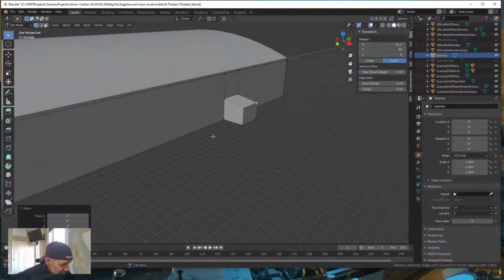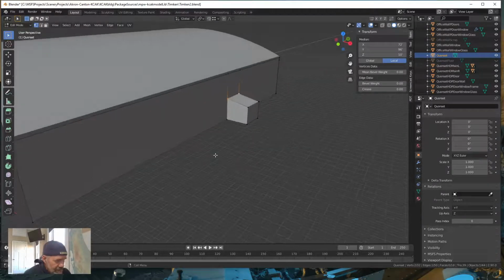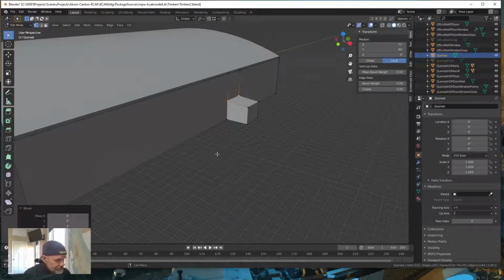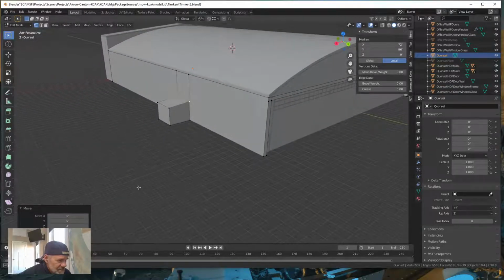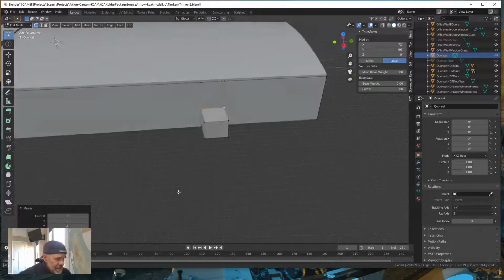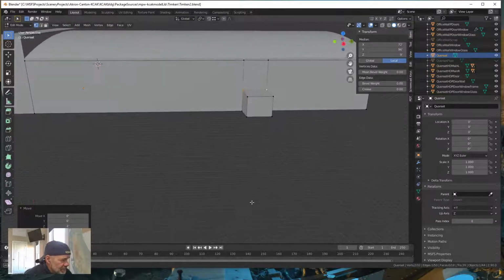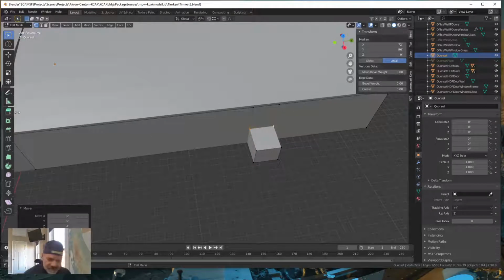So let's minimize that, and let's select these two vertices, okay, and GZ minus 1, and that looks better, okay? That looks better. Now, when you extrude a polygon, you always get a new floor and you always get a new roof, in building speak anyway, all right? So we're